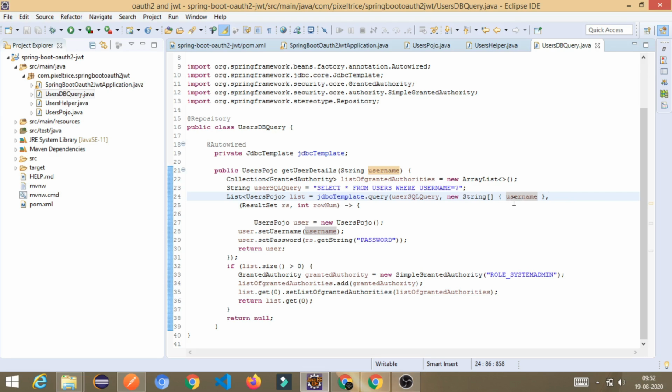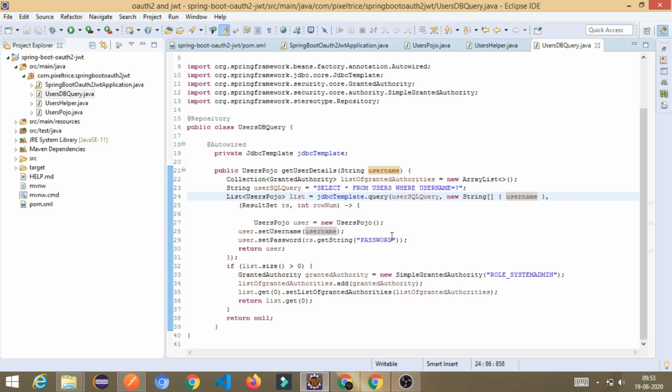So here is the main part. Username is for checking which table or column in the database, or which rows, contain this username. If it matches, it will return the record for that particular username. It can return a single user, as well as more than one if it matches more than one username. If it matches more than one, then it will return more than one value or detail. But generally this is not possible because in the database we store a single record for a single username.